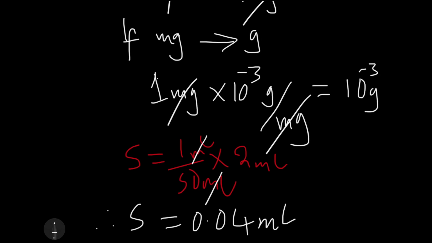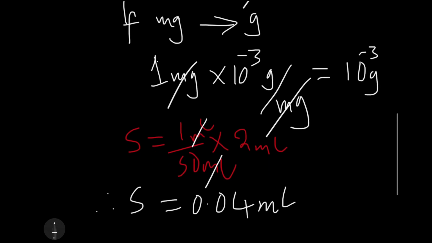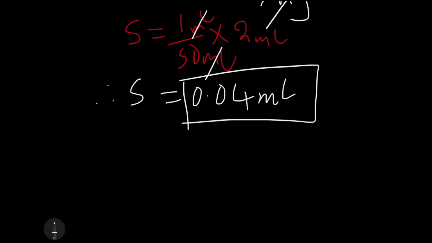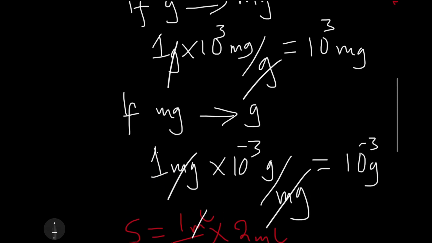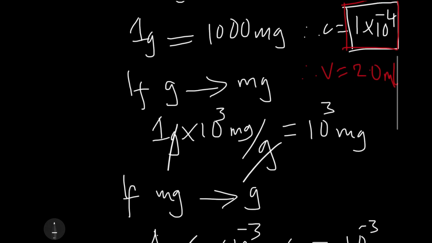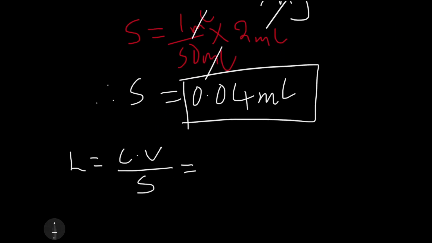We have our data. So this is our S. To calculate the limit, we can say limit is equal to S multiplied by V over that one. And because our value shall not be expressed as a percentage, that is why we've left out the percentage. So once we substitute all the values, we have our concentration, which is simply 10 to the power negative 4, and our volume, which is 2. So concentration, 10 to the power negative 4, multiplied by the volume, divided by